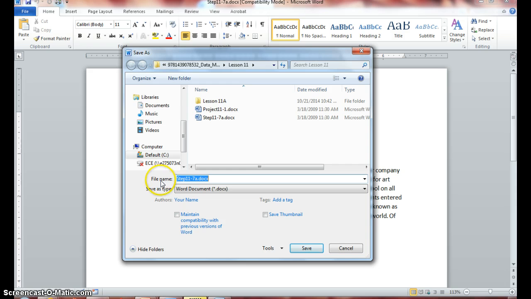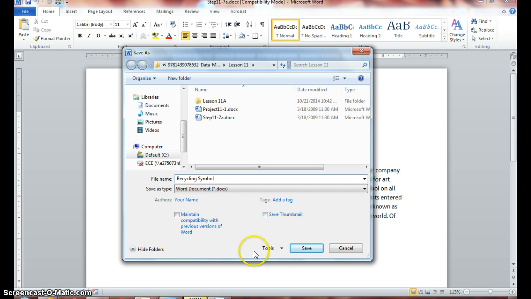You also have the file name box where you save the file by changing the name or keeping it as it already is. So we want to enter recycling symbol as our file name,